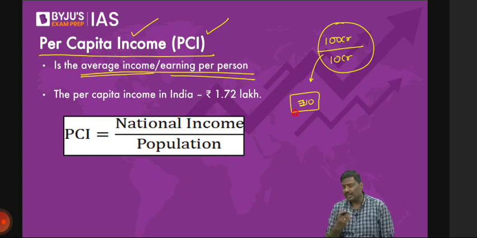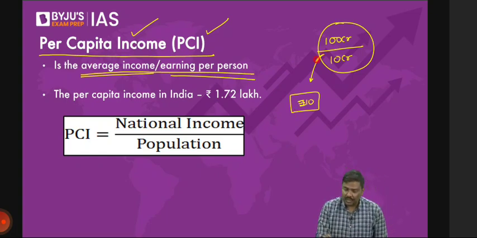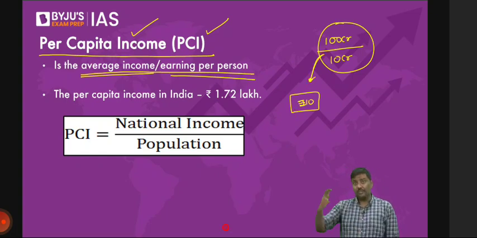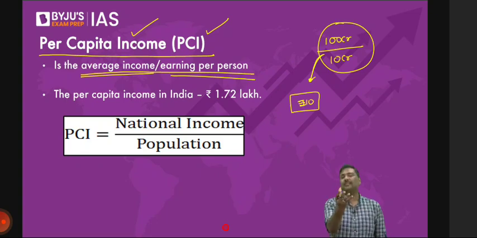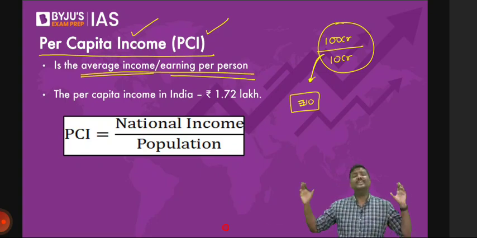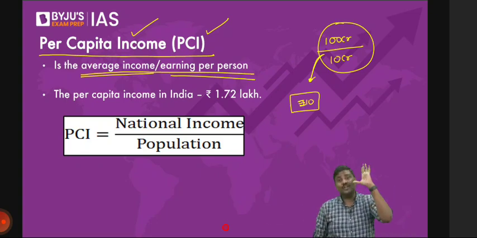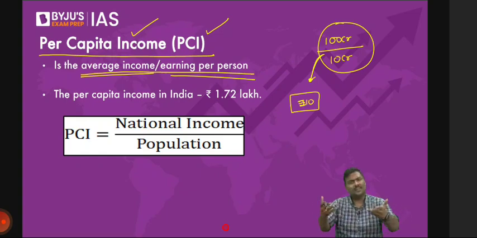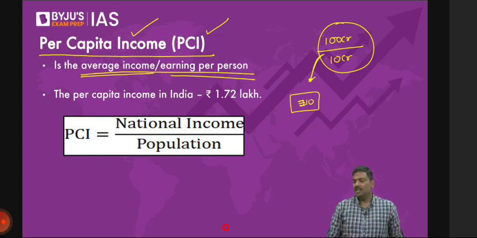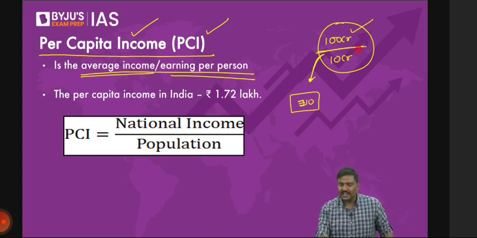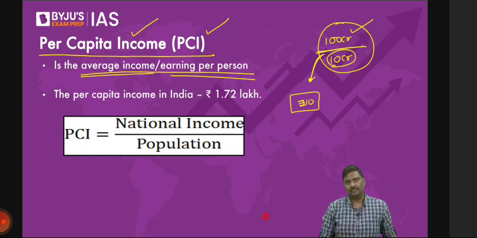So we know what the national income is. Where will I get national income? My dear, last week when the GDP data was published, NSO published a 20-page document, and in all these 20 pages, all the data was given. So you can easily get access, but you don't need it. You know the national income; you divide it by the population, the number of Indians. What you get is basically the idea of per capita income.